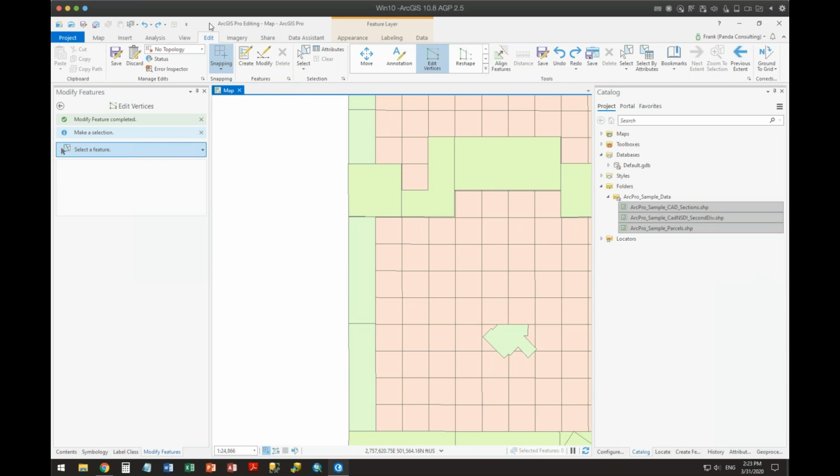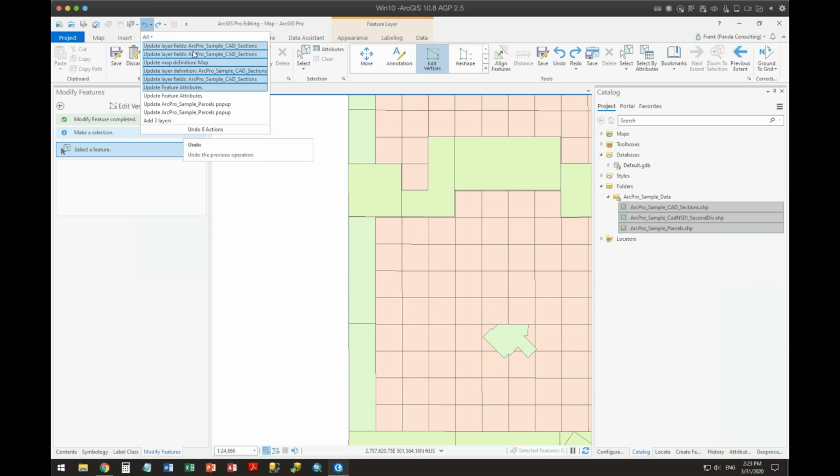And you can see not just the edits, but also the changes to the interface. So if I go in here and do a change in the symbology, and oh, that was a mistake, I can undo that change by using the undo and the redo here. I like what they've done here. They've made some nice changes in here on that.